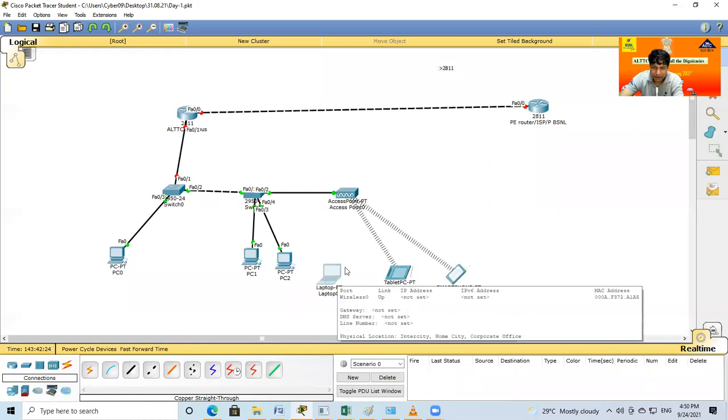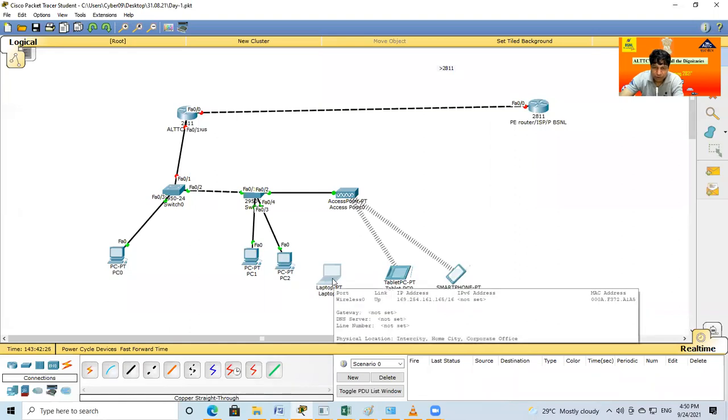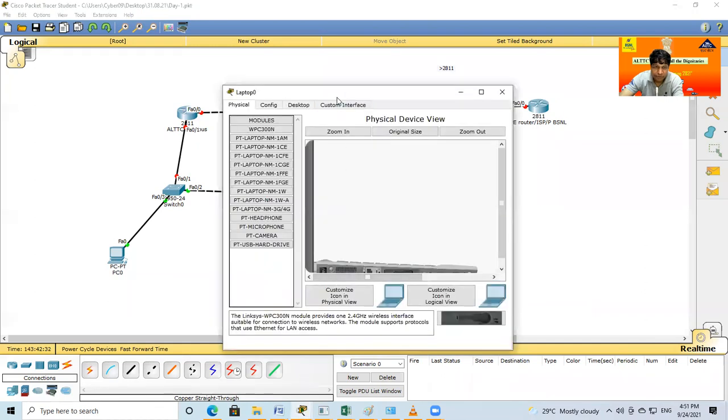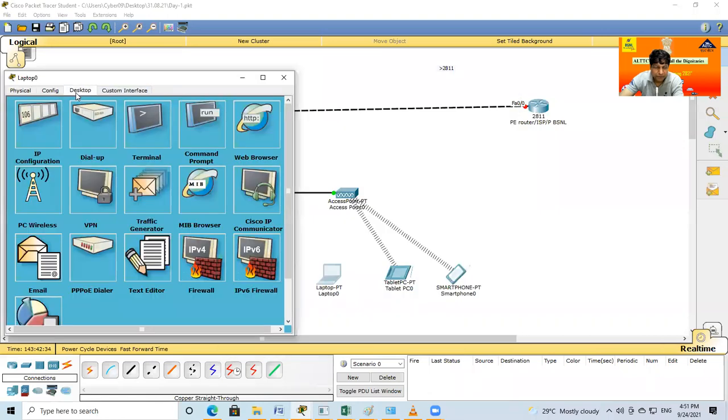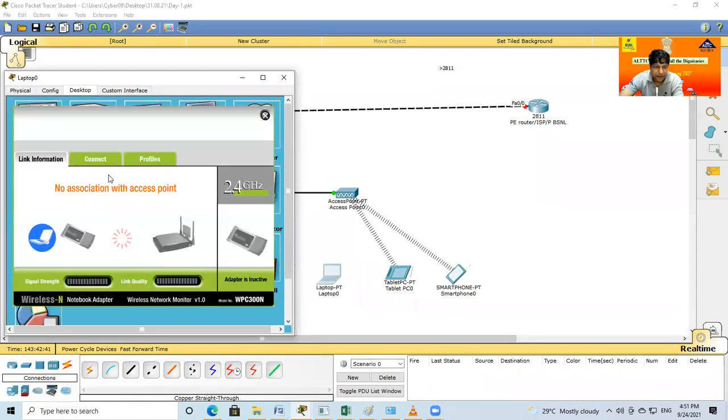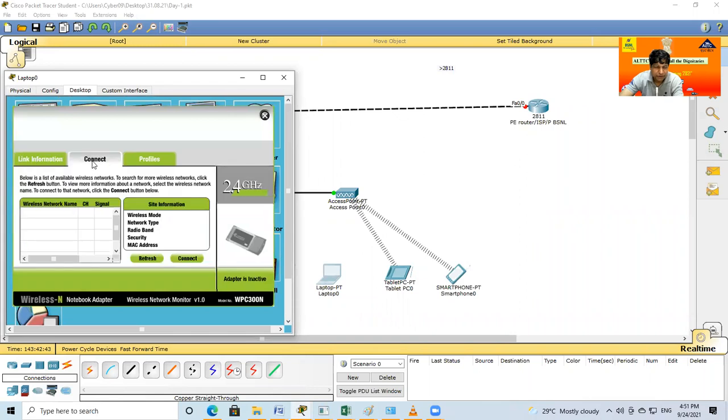Now I want to connect my laptop to this Wi-Fi network. How to connect it? Click on the laptop, go to the Desktop, and go to the PC Wireless option. Click the Connect option. The Wi-Fi signal is shown here, a very strong signal.